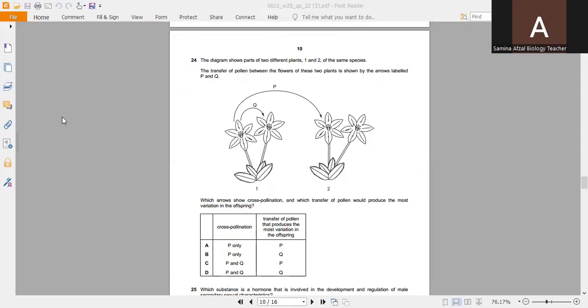The transfer of pollen between the flowers of these two plants is shown by the arrows labeled P and Q. Which arrow shows cross-pollination, and which transfer of pollen produces the most variation in the offspring? So, cross-pollination is from,